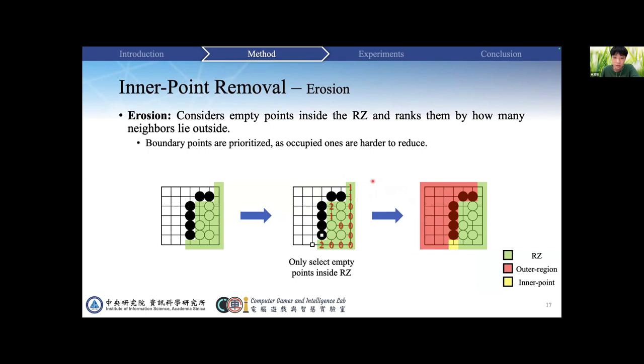Next is erosion. We assume that points already occupied by stone are harder to shrink, so we only select empty points inside the R zone. Since the R zone usually shrinks inward from the boundary, we count how many neighboring points lie outside the R zone and start reducing from the ones with the highest